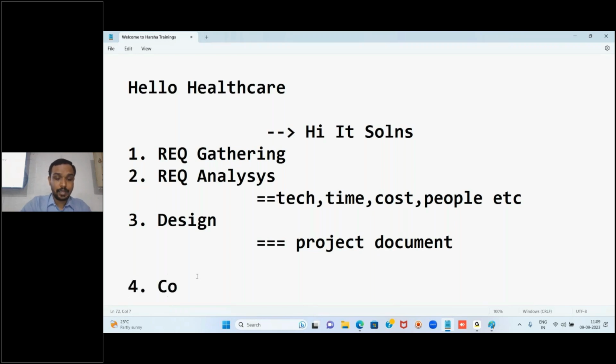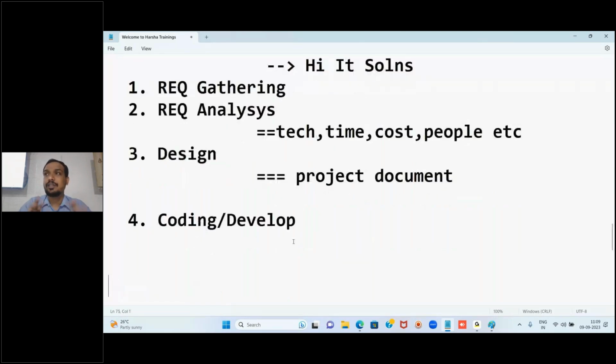This is the phase where coding comes into the picture, or we call it developing. So this is the place where people start writing the code. And this is the place where developers will come into the picture, whether they are normal software developers, or website developers, or front end or back end, or complete full stack developers, whatever it might be. But the developer will come into the picture at this phase. They will first look into this project document. First they will analyze the document, and they will start writing the code.